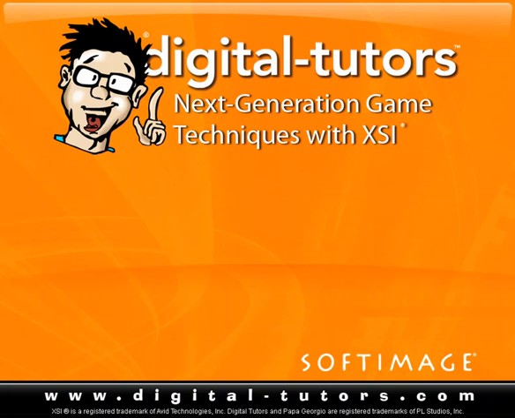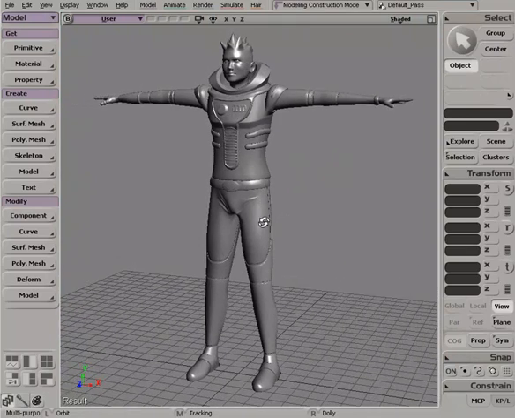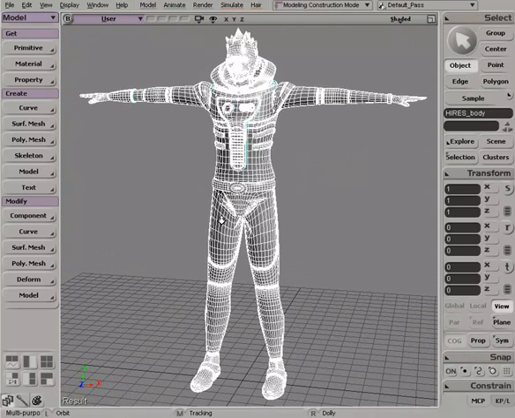Now that we've completed the UV layout for our low-resolution character, we're finally at a point where we can start to use some of XSI's tremendous tools to transfer some of this detail from our high-resolution model down onto our low-resolution guy. Right, now before I do that, let's take just a few minutes to compare some of the stats of these